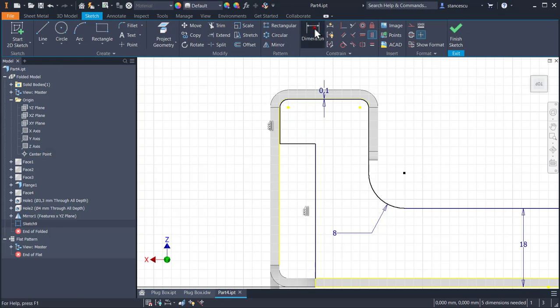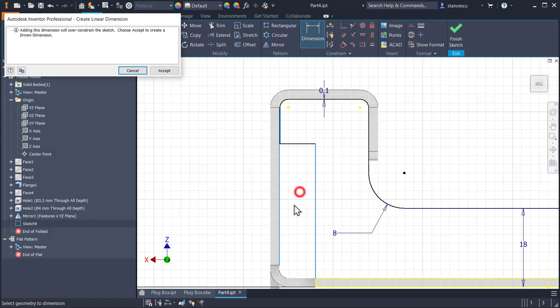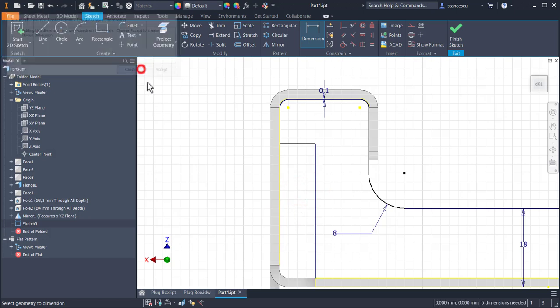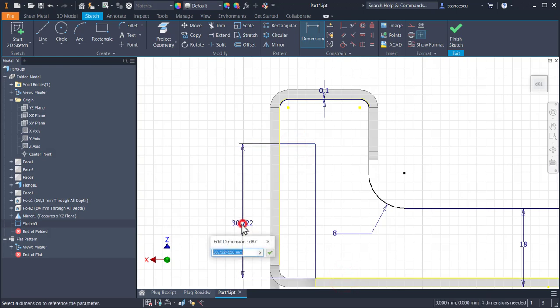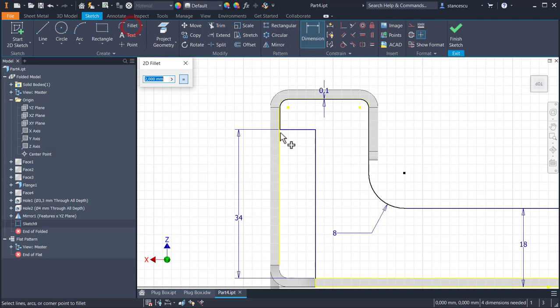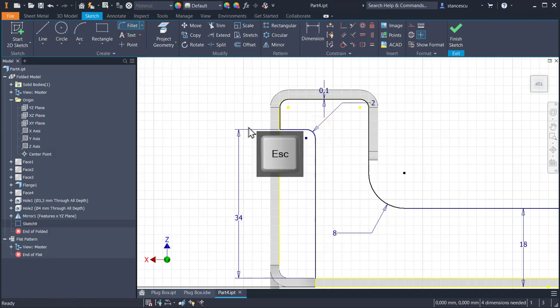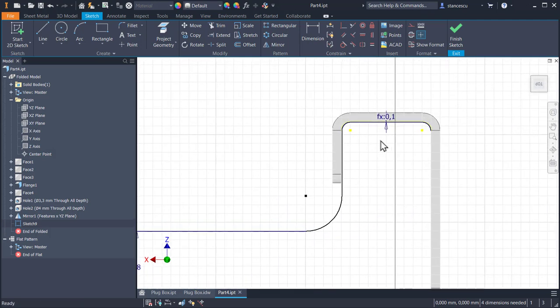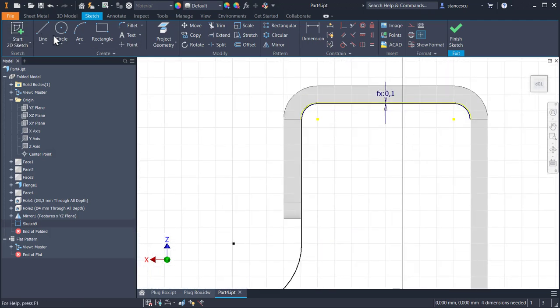And let me show you what is this dimension, 8. Yes, I don't apply this dimension, but I apply this one, 34, and fillet